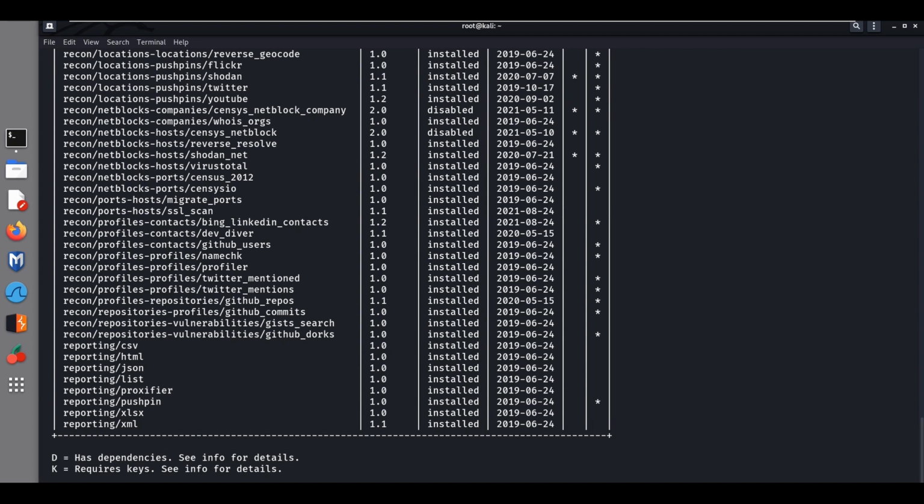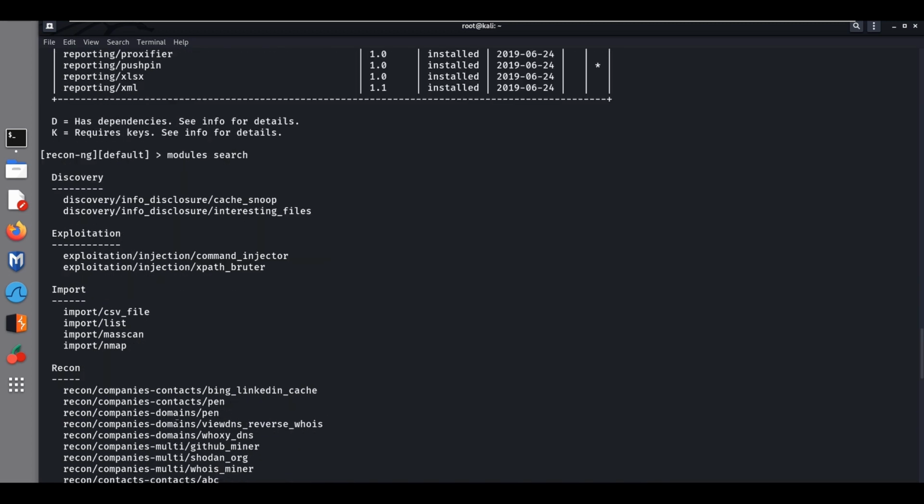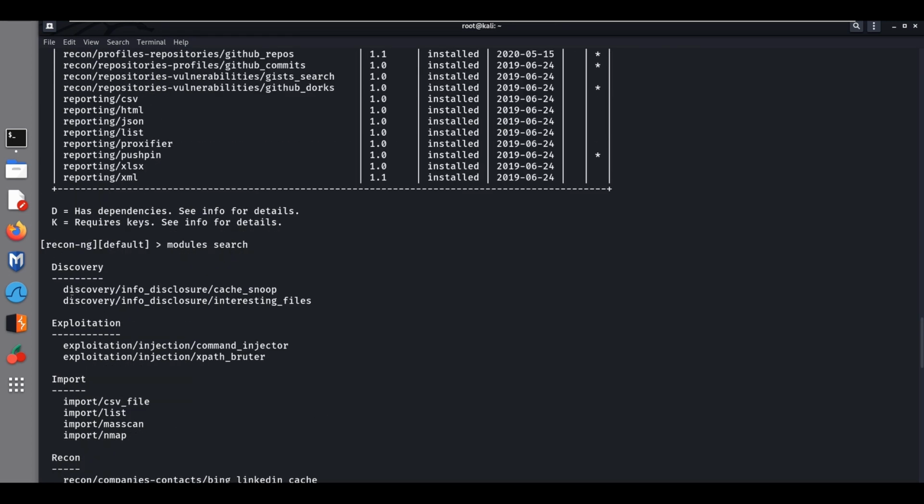We have to use modules search. Now you can see here modules search. When I write modules search, for discovery, I mean for information gathering, there are discovery/info_disclosure/cache_snoop and discovery/info_disclosure/interesting_files, whatever interesting file is on the website or any domain, you can get there.